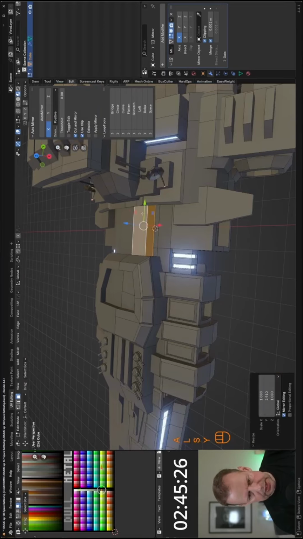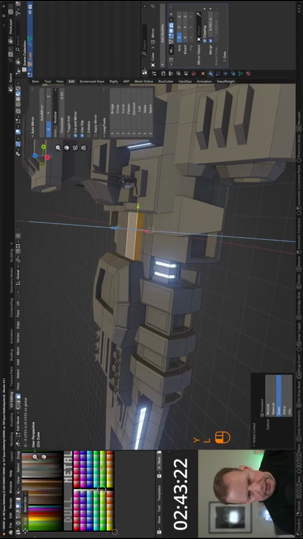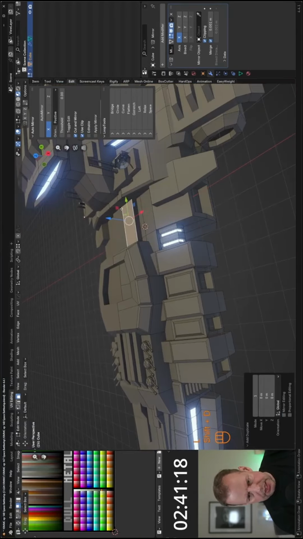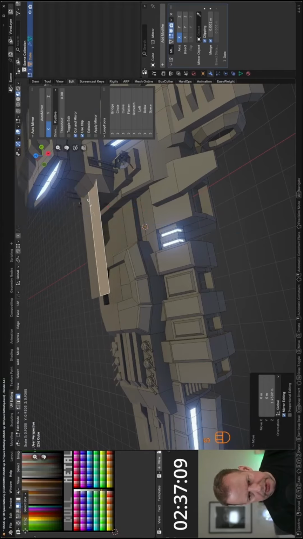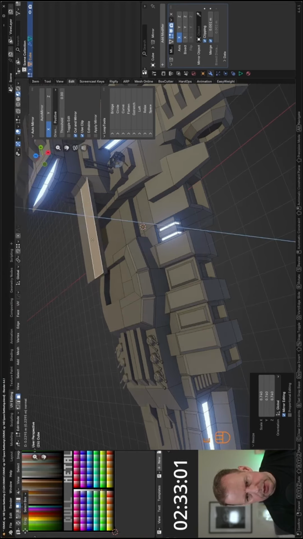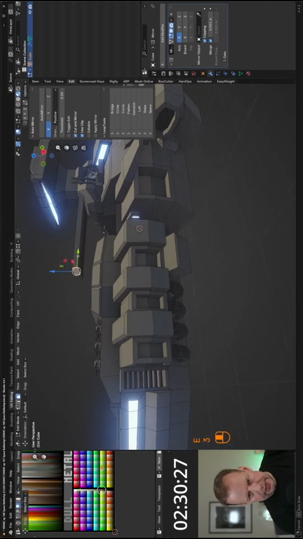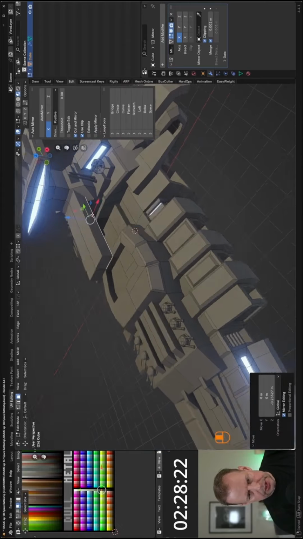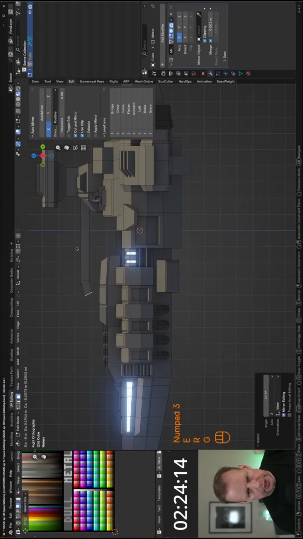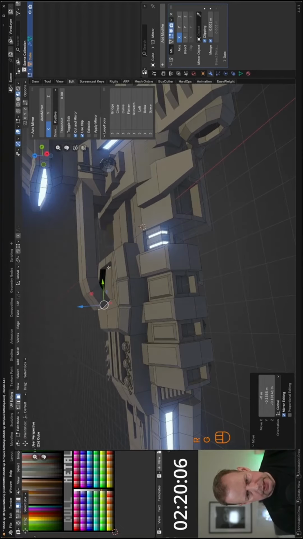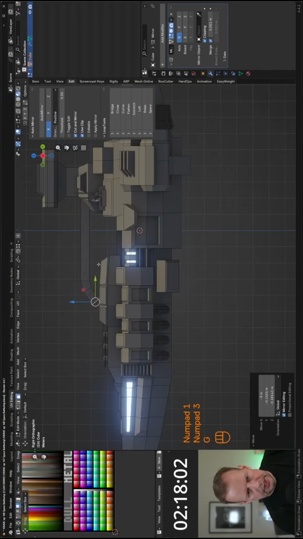So scale on the Y-axis, bring it down, and I think I want to create something. Let's see how that works anyway. So I'm going to go all the way to how this could be going some weird way, but let's try anyway. E to extrude, and then bring this down. I don't know what this would be, but we'll find out. So E to extrude, R to rotate, E to extrude, R to rotate, and this is probably not